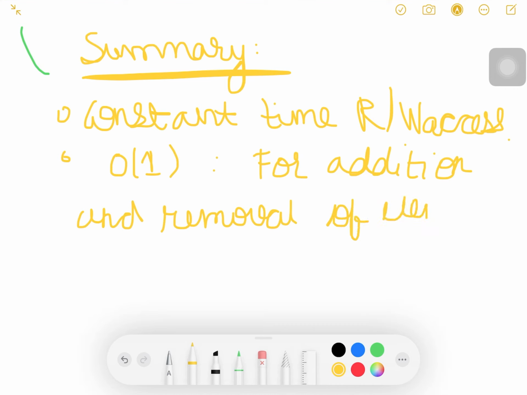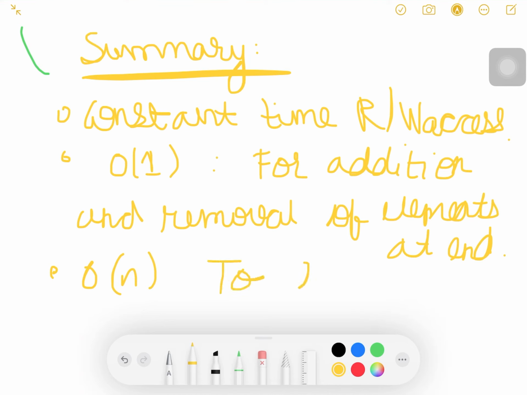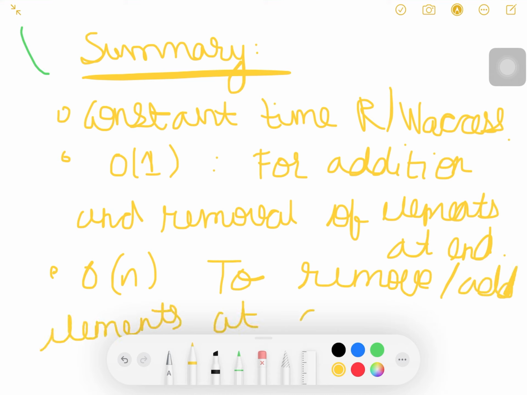Similarly, it will be big O of n to remove or add elements at an arbitrary position.